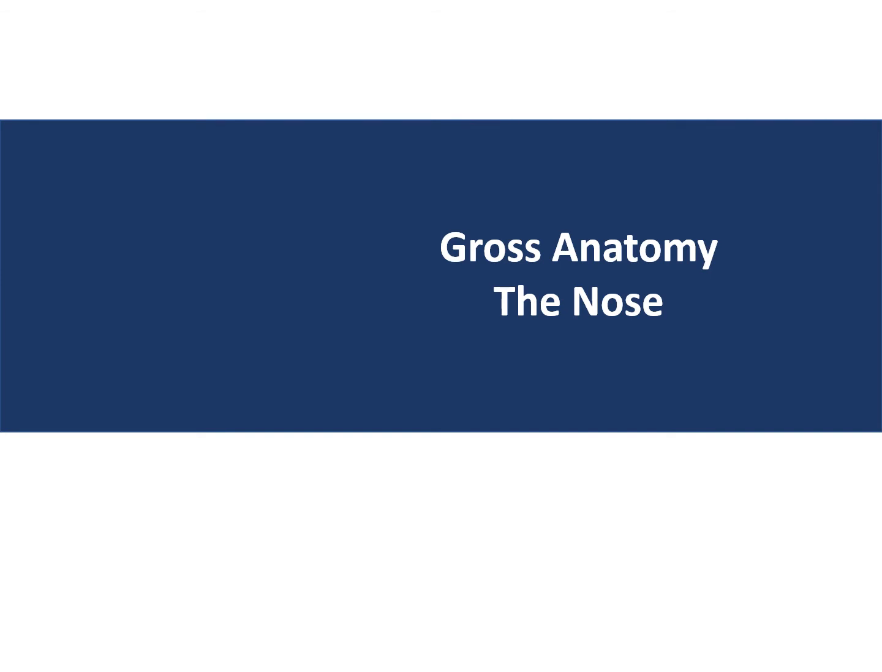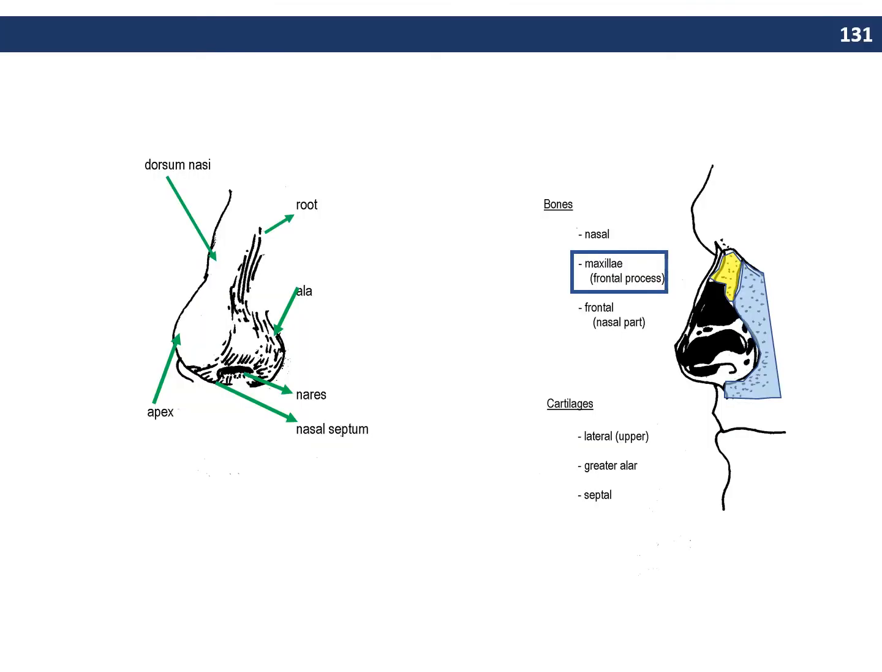All right, so now we'll move on into our discussion of the nose. So the dorsum nasi would be the bridge, commonly called the bridge of the nose. The tip of the nose is the apex. The base is what we call the root of the nose. The nasal septum and nares are here. And then ala means wing. And so this wing shape structure